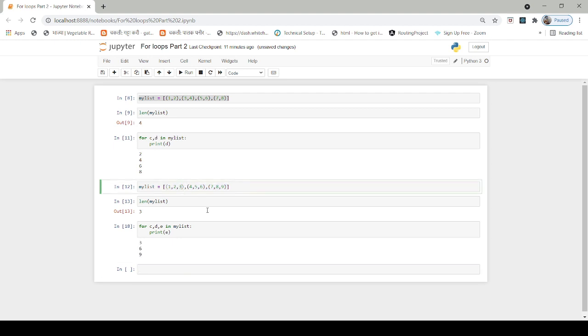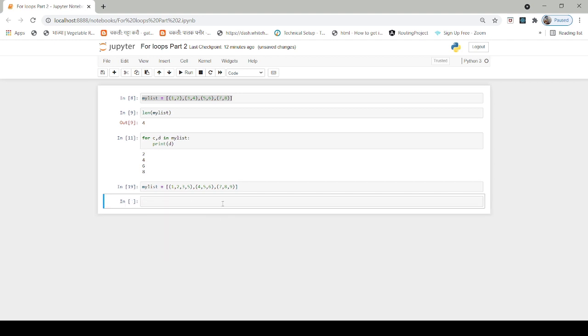But I'm going to check another command with uneven numbers in it, like that. Run that, and okay, let's first delete all the cells. Let's try to iterate through it now. A and B. So we are taking A and B only now, but there are 3 elements in my list. So now if I run print A,